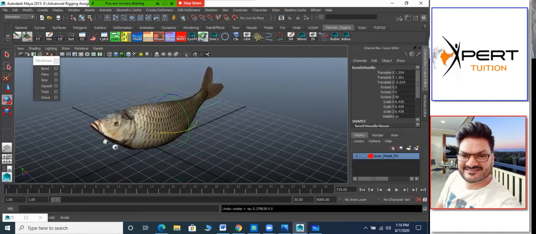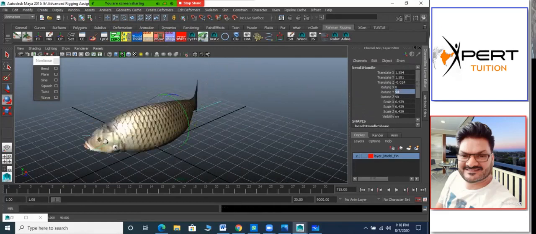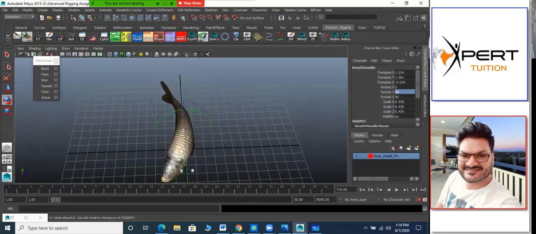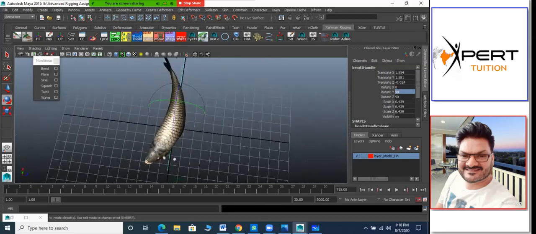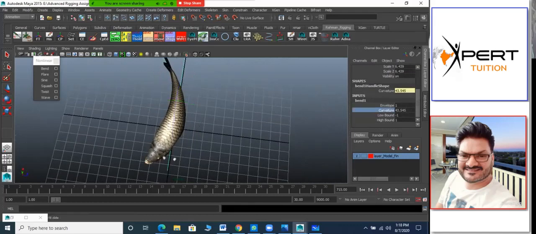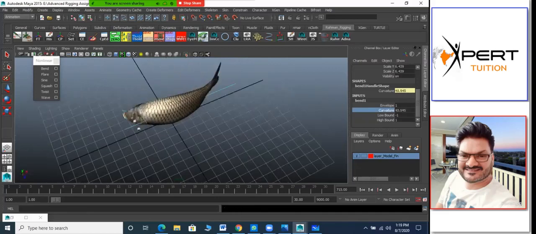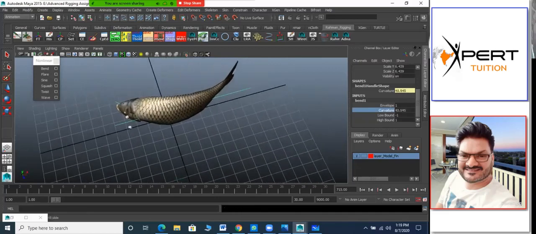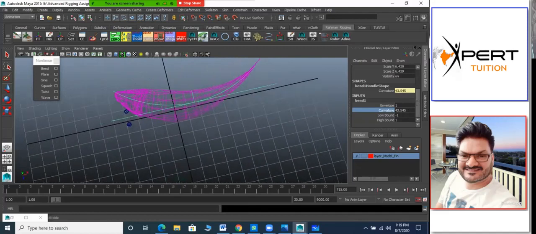Again, it's not allowing me to rotate. So I'll rotate 90 degrees in Y here. Now you see that automatically it got rotated in a sine wave. Yeah, that's what is required here. So if I go here and see, it's working, but I don't want the front part to get rotated, right? The front part will not get rotated, only the back part. So for that, the upper bound, lower bound concept again comes into the picture.